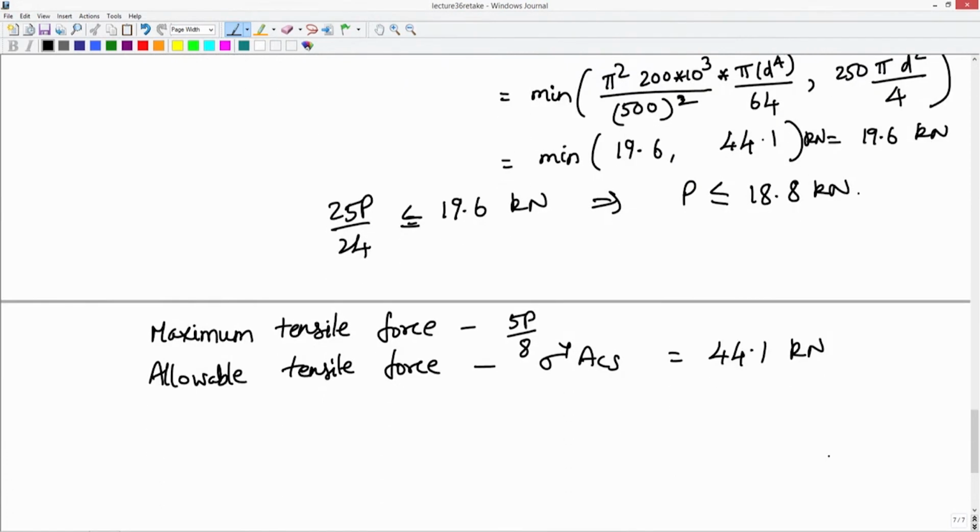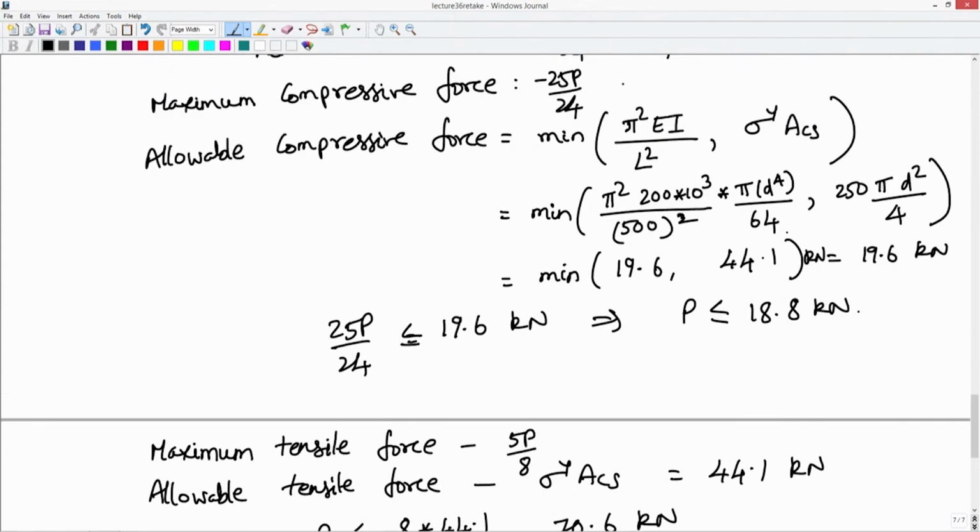This will imply that P should be less than or equal to 8 into 44.1 divided by 5, which will be 70.6 kilonewtons. Clearly, this is not the governing case, 18.8 kilonewtons is the governing case, but you have one more restriction that